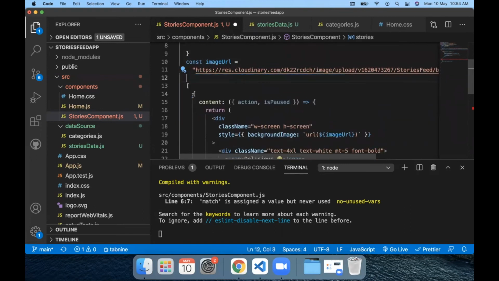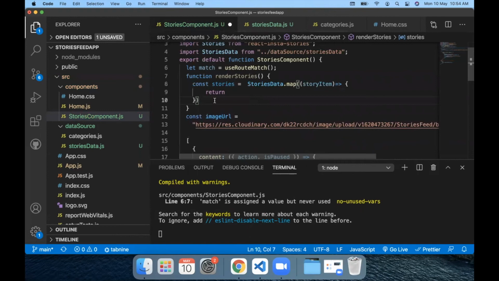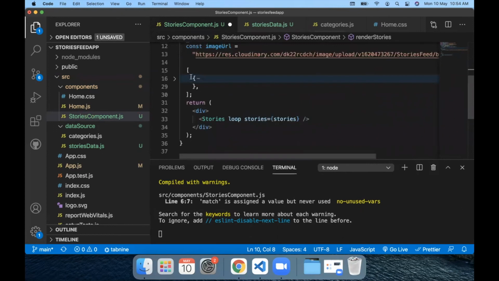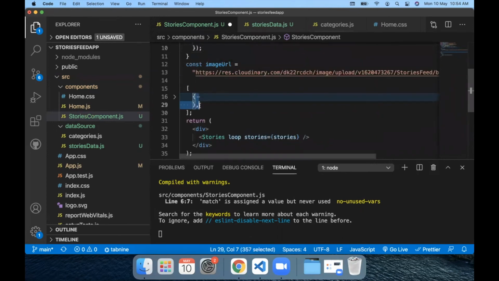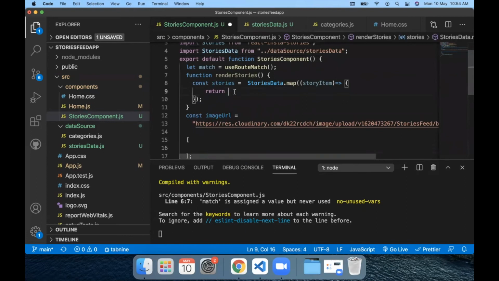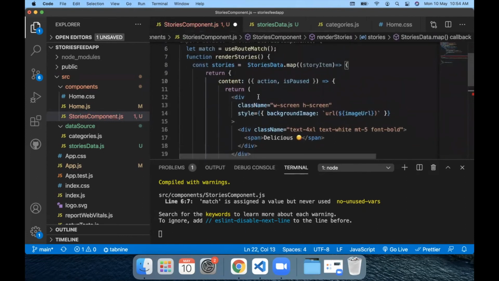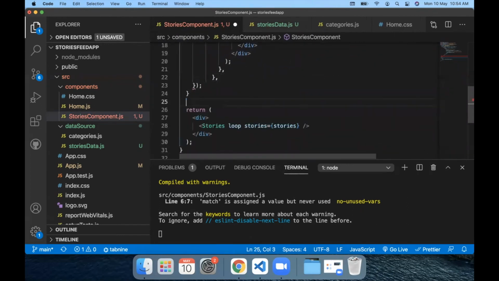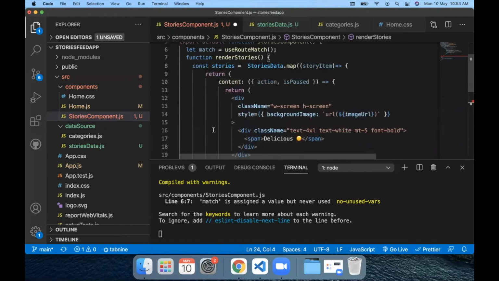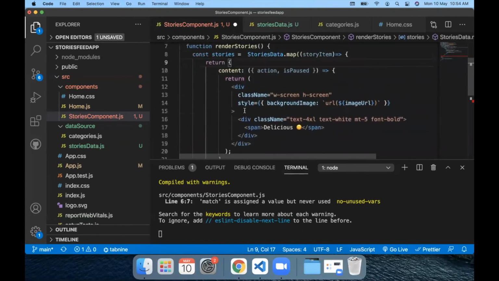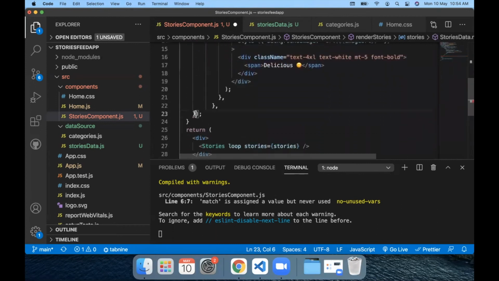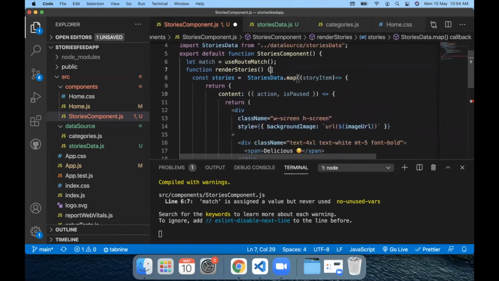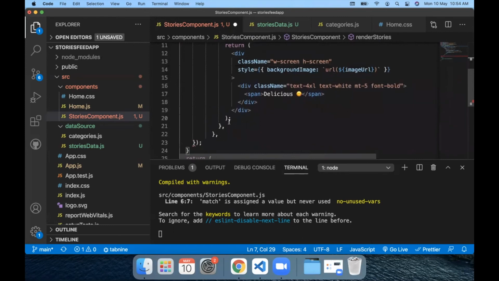So let's copy this code, get it here. In this return statement, we are going to use this array. So let's return this JSON as a content, and we can now remove this redundant code. I think we have some issue with the syntax somewhere.